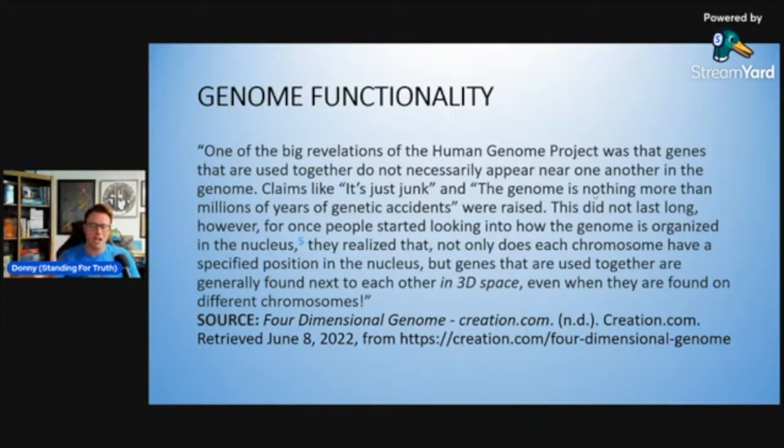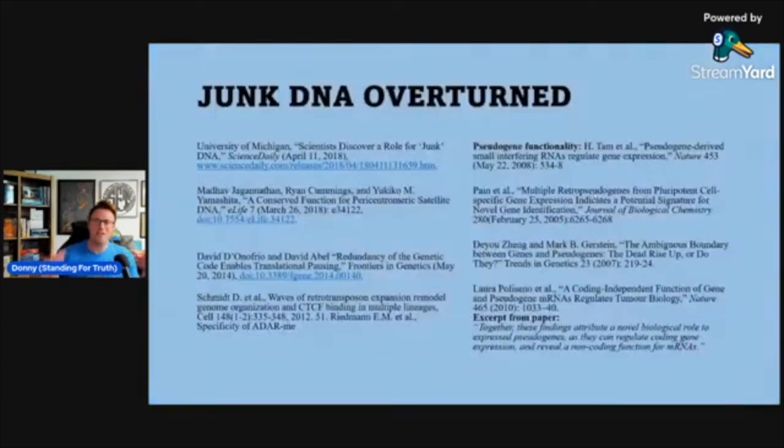Claims like it's just junk and the genome is nothing more than millions of years of genetic accidents were raised. This did not last long, however. For once people started looking into how the genome is organized in the nucleus, they realized that not only does each chromosome have a specified position in the nucleus, but genes that are used together are generally found next to each other in 3D space, even when they are found on different chromosomes. So we have gene interaction, and what's going on at the molecular level appears to be science fiction,